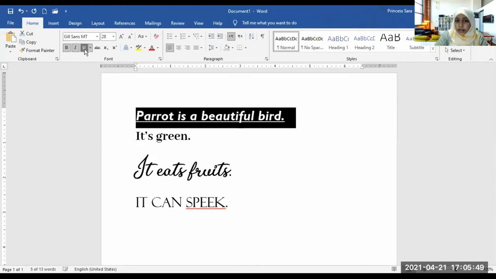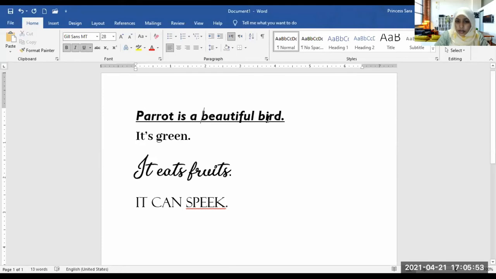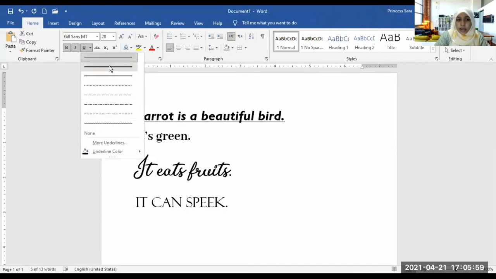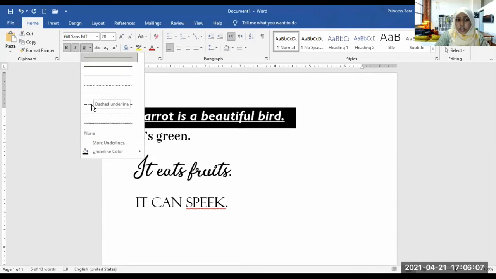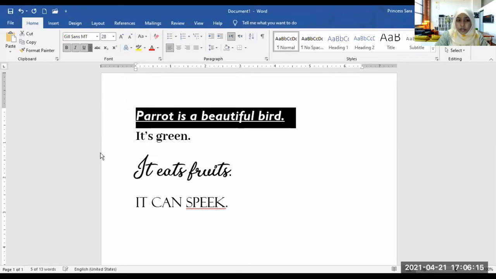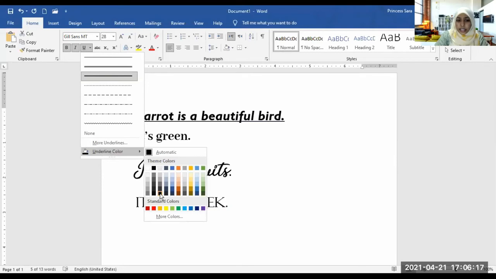This one is underline. There is an underline coming under the word. See, under the sentence. Underline. So there are many kinds of underlines. Double underline, right? Thick underline, dotted underline, dash underline, right? Dot and dash underline. There are many underlines here. Also, you can change the color of the underline. Go to underline color and change the color.